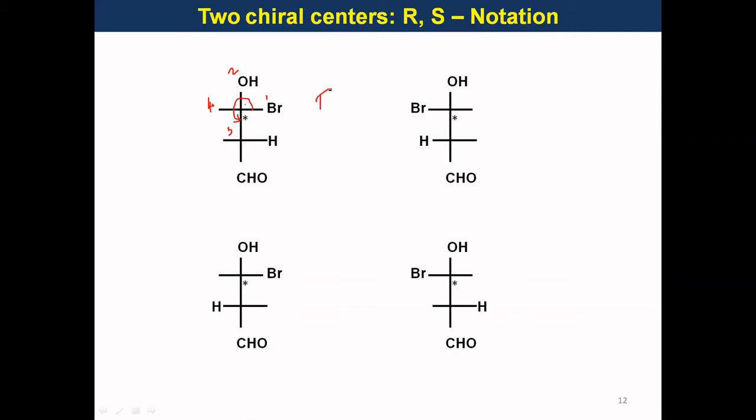Similarly, if you see this asymmetric center, number 1 should be given for the bigger group because it is attached to a bromine atom. Although it is attached to 2 oxygen atoms, number 1 should be given for this bigger one. Then number 2 for CHO and number 3 for CH3, 4 for hydrogen. So rotation is from 1 to 2 to 3. It is clockwise and the fourth priority is in horizontal line, hence it is S.